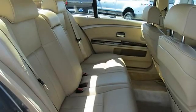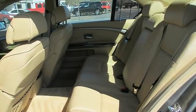This car is nicely equipped with features such as convenience package, automatic trunk opening and closing, and